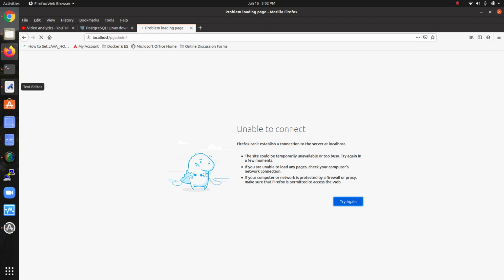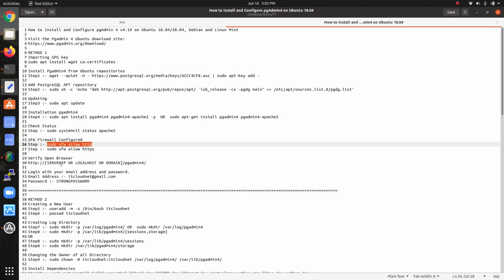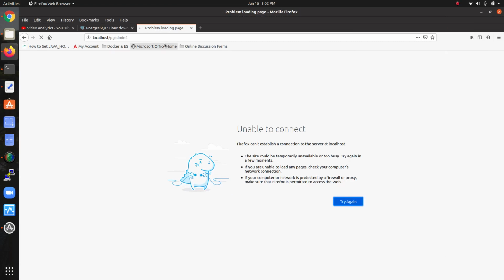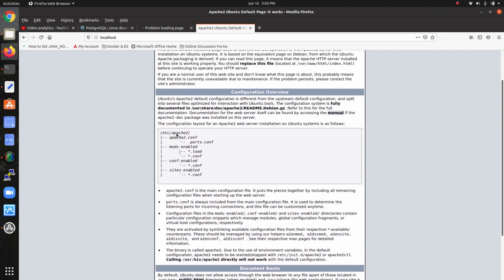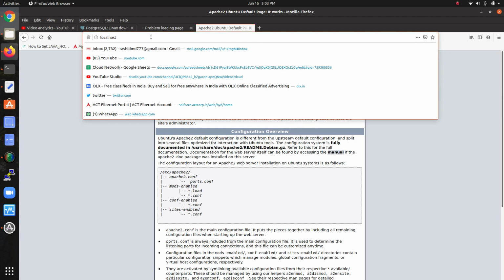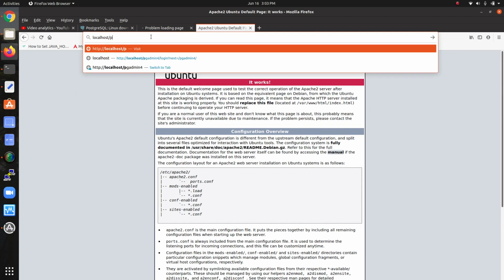So let's check if I missed anything. After that we need to log in with the email ID which we created during the installation, then the password. If installed correctly, then I type pgadmin4.